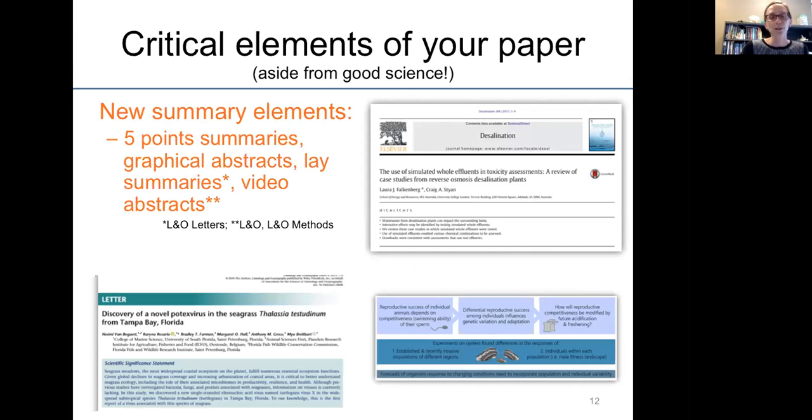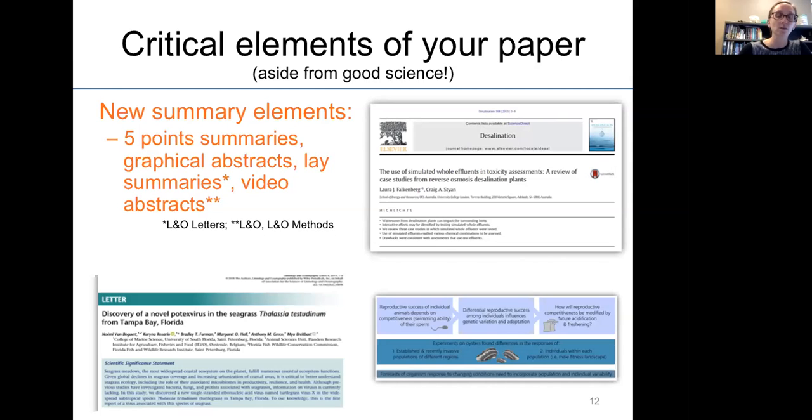Some new elements that you may start coming across as you think about submitting your work are the idea of lay summaries. So, sometimes those are called 5-point summaries, or significant statements. That's what PNAS calls their lay summary. Graphical abstracts are also very common, and video abstracts.